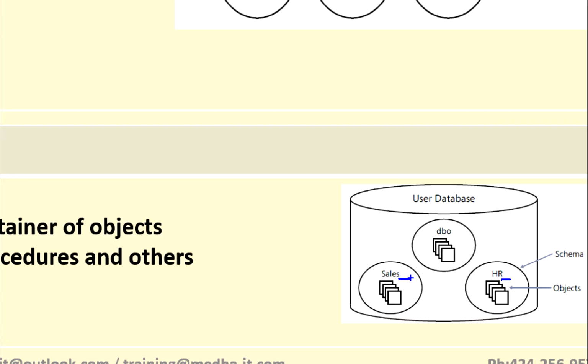For example, here we have two systems in the database, sales data and HR data. HR data should be accessible to the HR department, and sales data should be accessible to the sales department. The HR team does not need to know sales information. Similarly, the sales team does not need to know what is going on in HR, so they don't need to access HR data. So what we can do is specify these schemas,